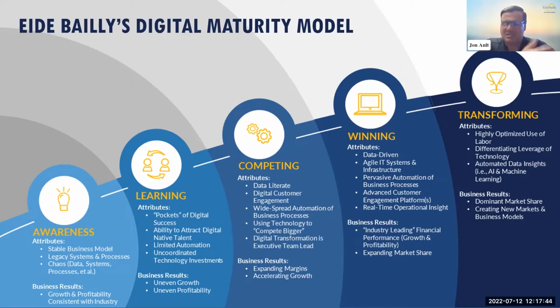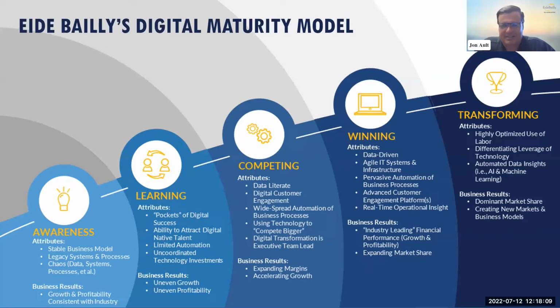I've got systems that maybe don't meet our current needs. They were put in a long time ago. They met our needs then, and now our needs or capabilities have changed. So you have a little bit of this sort of chaos going on. As a general rule, the business result here is I've got some growth, I'm profitable, I'm pretty consistent with what's happening in my industry. The next step up is we've labeled it learning, which is I would say you have